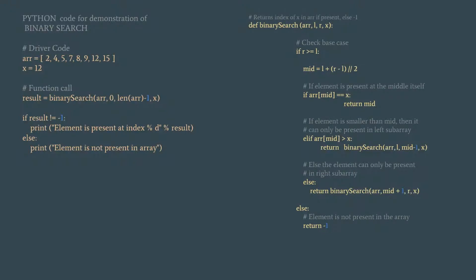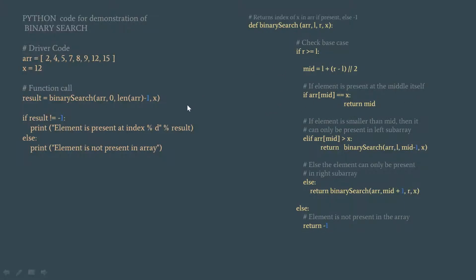This slide shows a little demonstration of binary search in the Python language. It doesn't matter which language is used. The algorithm logic is the same in every language. So I use the Python language to show you a demonstration. You will see here an example of this. This is the base class, meaning where we start our program initially, and this is a function. This function is named binary search, because the logic of binary search is written here.